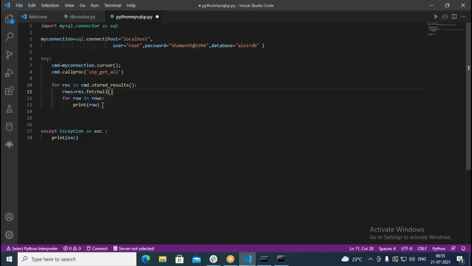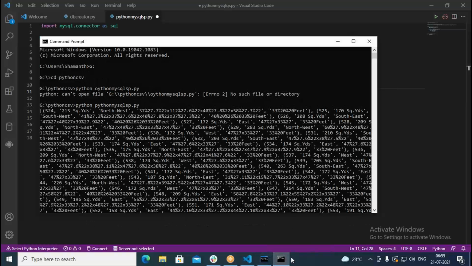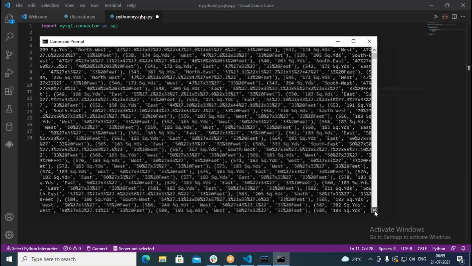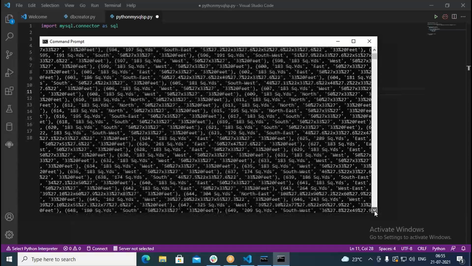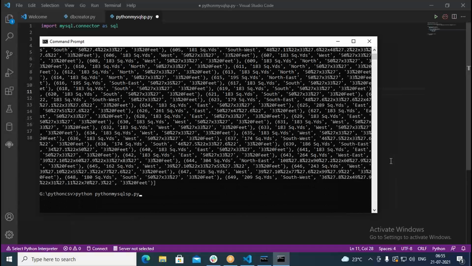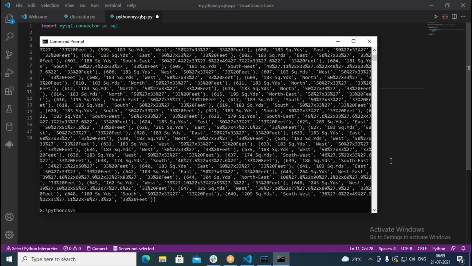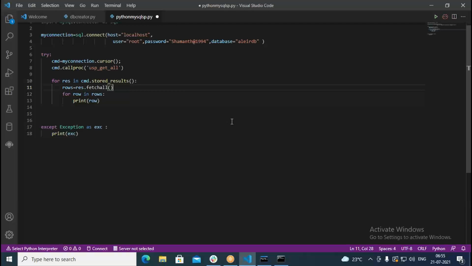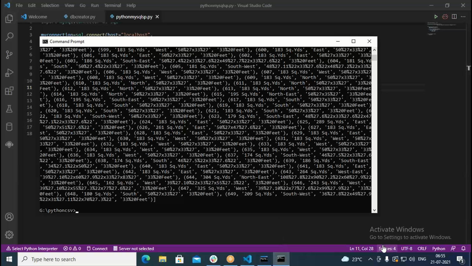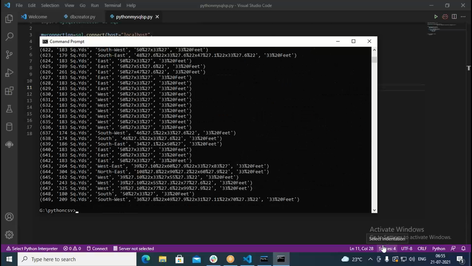But now we can retrieve and print one by one. Once again, let us execute this piece of code. I haven't saved this, I think. Save this, then once again I execute this.